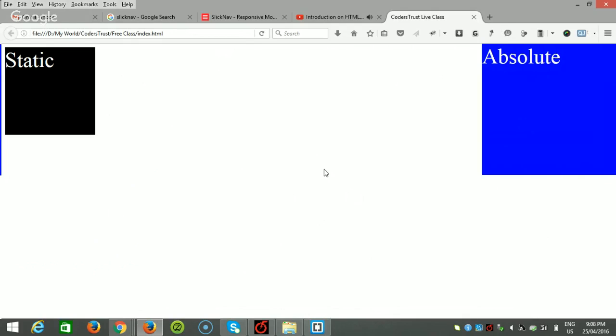So the difference is that the four properties top, right, left, and bottom cannot be applied to the static position, but can be applied to the absolute position. Also, they can be applied to the other two position values, which are fixed and relative. We'll see how that works. Another difference is that we can implement the z-index. That means another CSS property, which is called z-index, which is used to